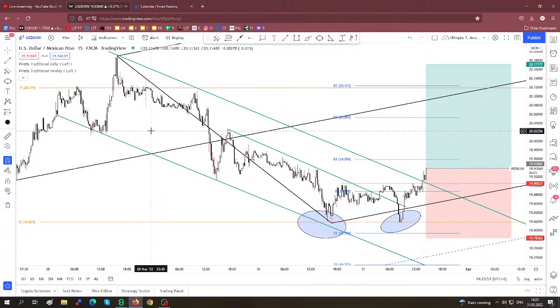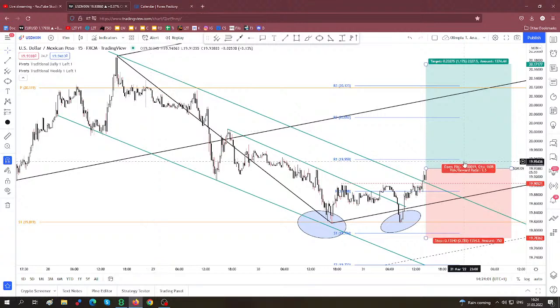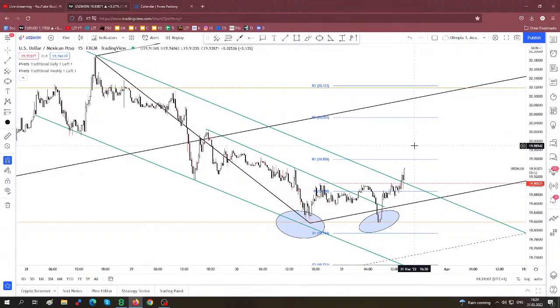Earlier I was looking at US dollar versus the Mexican peso. I have also something like a setup here. Okay, I will hide this setup for now, because we had a breakout here through this downtrend line. Something like a double bottom reversal pattern, an upside reversal pattern here, a breakout, but right now I'm still afraid that maybe this breakout could be invalidated only because we have these former lows here,